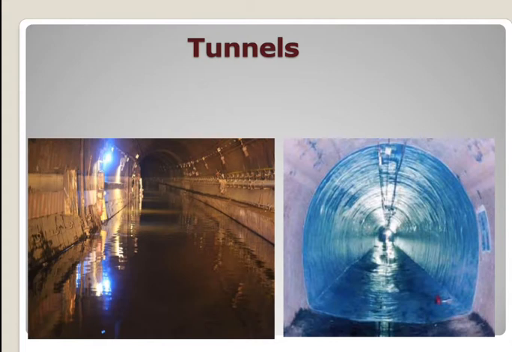And also in pressure tunnels the depth of water will be generally kept such that the weight of the overlying material will be sufficient to check the bursting pressure. So whenever water flows in a closed conduit there may be a bursting pressure. So in the pressure tunnel the depth of water will be kept in such a way that the weight of the overlying material will check this bursting pressure. Moreover, the tunnels should be watertight, and there should be no loss of water. So this is another type of gravity conduit.